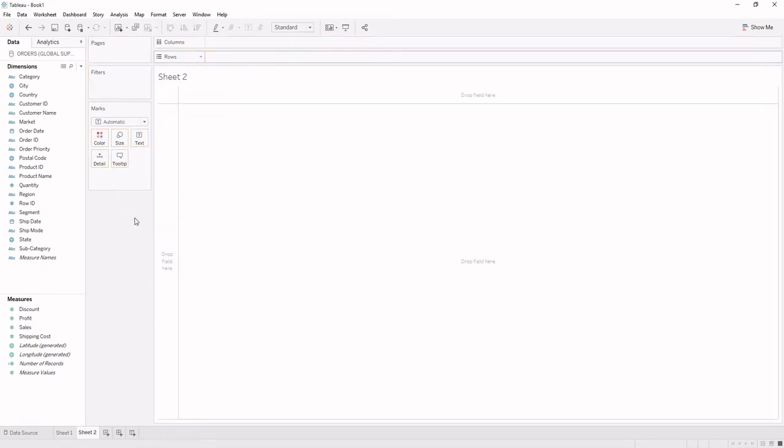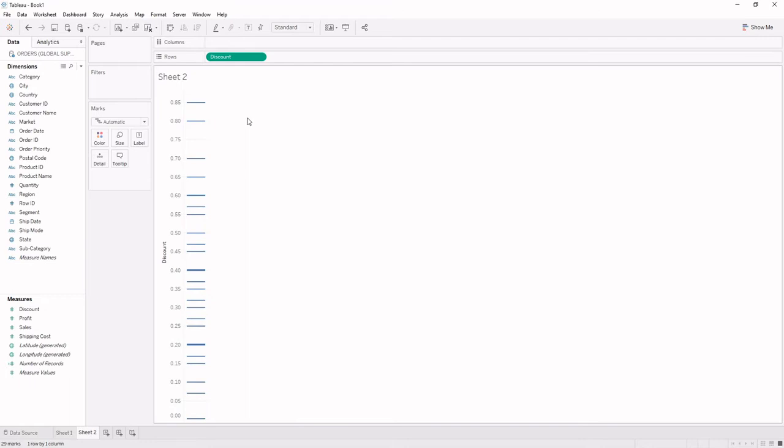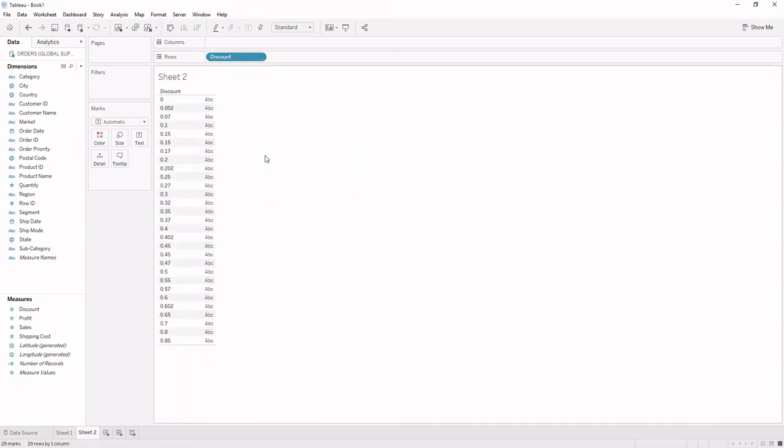Similar to it, we can create a discrete dimension using measures. If we pick any measure and keep it over the view, we can see that it is aggregated and is green in color. So first we need to remove its aggregation, and for that we have to convert it to a dimension. And then we have to change it to blue color, and for that we have to convert this field to discrete. So now it is blue in color without aggregation, and such a type of field is called a discrete dimension.